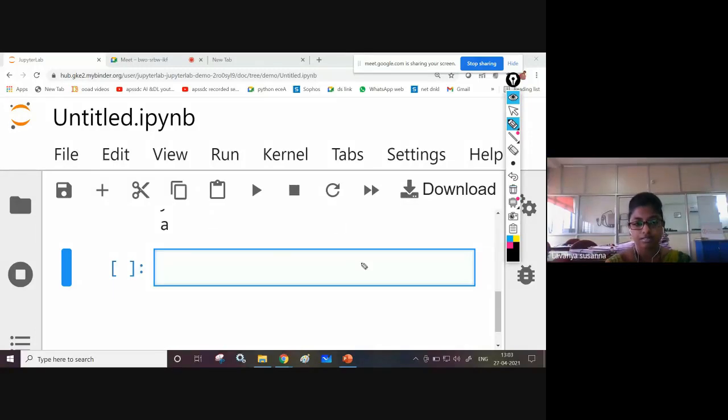N equal. No need to use some other lengthy logic. Very simple. A equal to int of input function, enter a value.